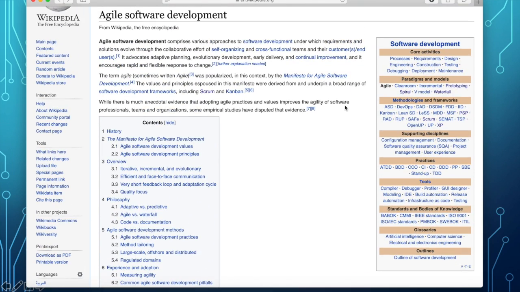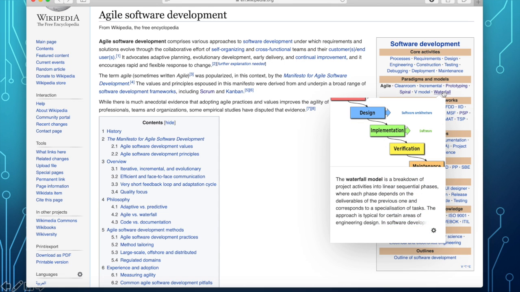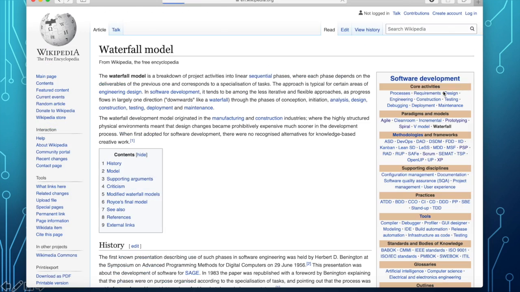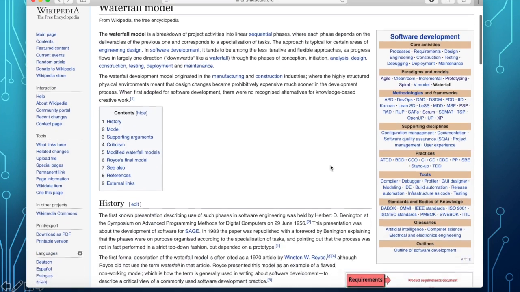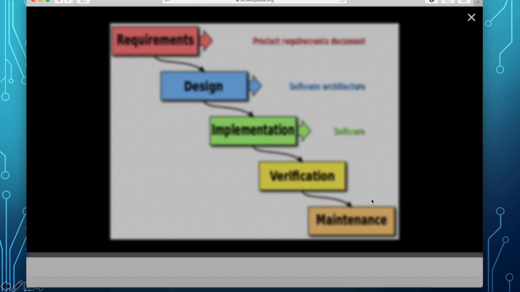Okay, so here are the different approaches to agile software development. Let's look at the waterfall. The waterfall model looks like this.